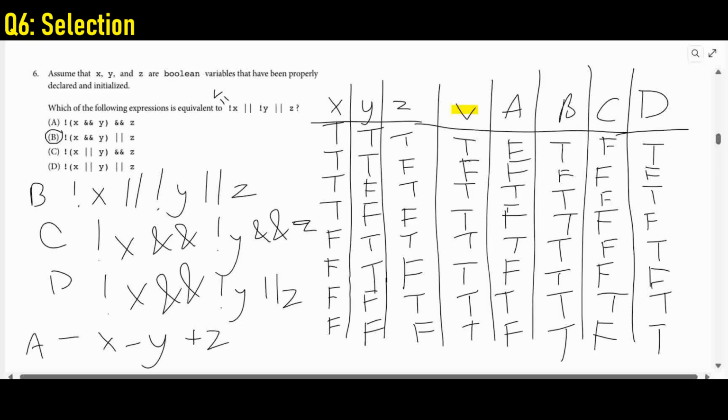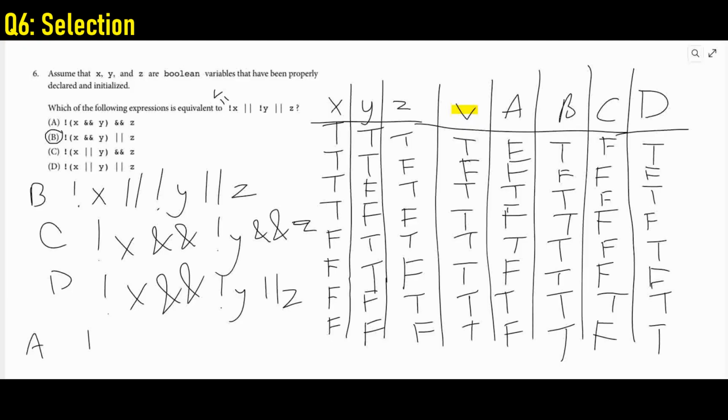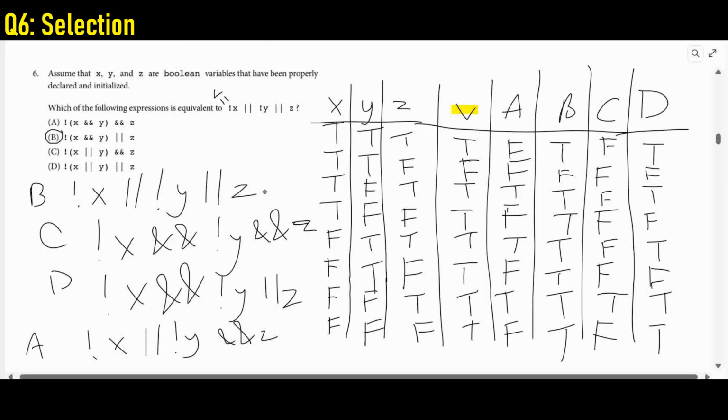And then if I just switch up A to B logical operators instead, as you can see, if we use De Morgan's laws appropriately, we're going to see